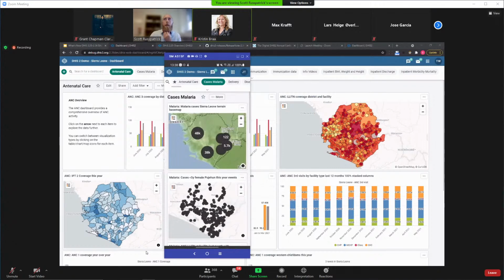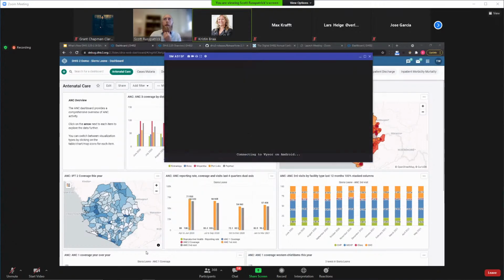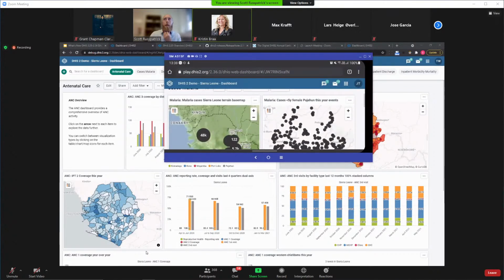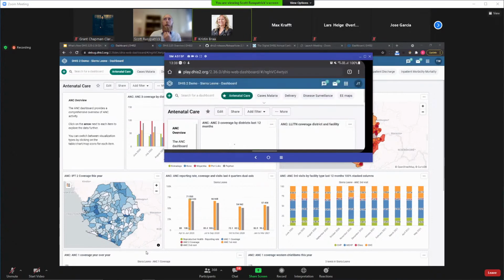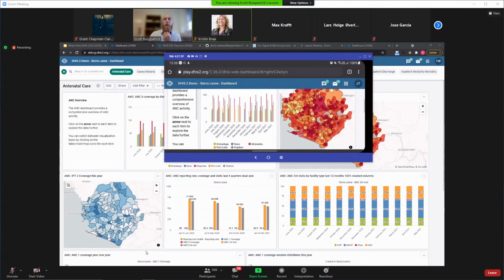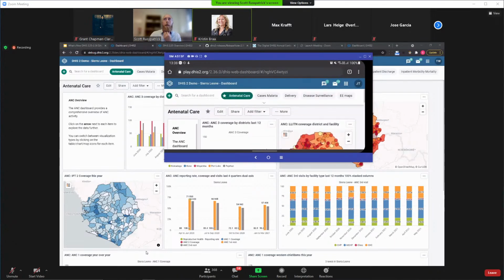If I switch my phone over to landscape mode, there you go. You notice that the dashboard layout changes, and now it actually looks the same as it looks on the web browser. So the same order and layout of the dashboard. But I also have some additional features that are showing up. So I can edit my dashboard. I can change basically anything about my dashboard here on my cell phone. I can add my filters. And again, I have my more options. I can show descriptions and even